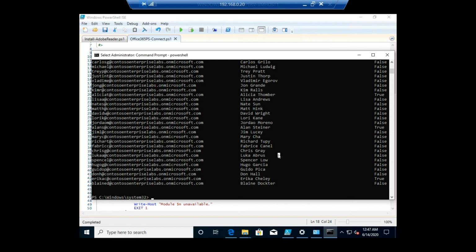Cool. So let's say I wanted to download all these users and export each user name and account into a spreadsheet. That sounds really complicated, but it's really not. I'm going to pipe and then export CSV, path, and we're going to go to our current path. We're going to name it